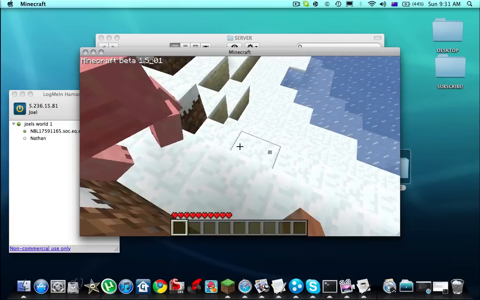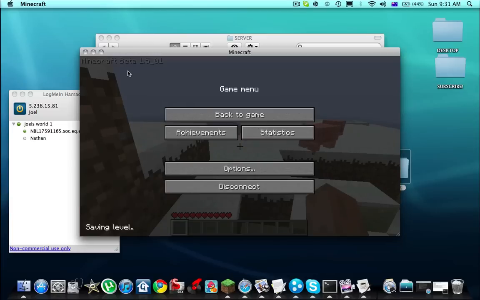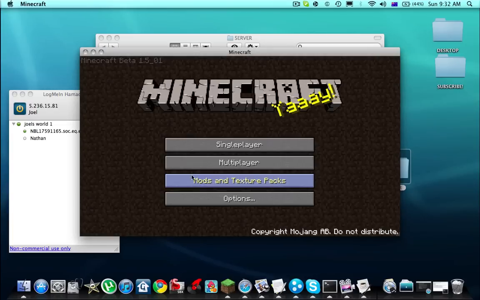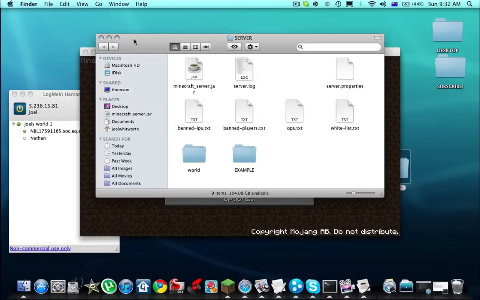Okay, so it's all functional. It's good. Now you just give your friends the same IP as there, and you can tell them to join the network. You can see that MBL, whatever it is, that's my computer that's running the other server that I had. So I don't need this server, but I